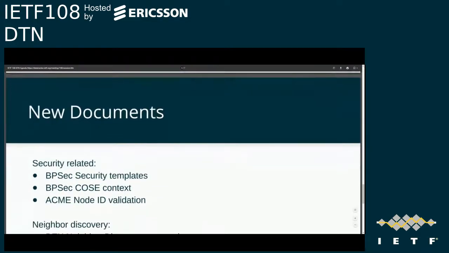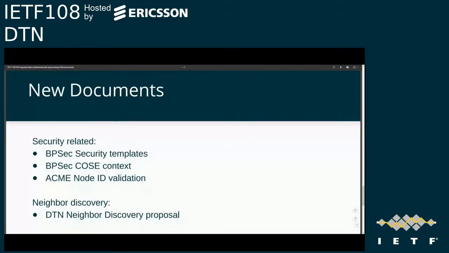I'm talking to myself. So we've also got some new documents or some new proposals for documents, which is great. Three of them are security related, which is good because security is hard and it needs to be done properly. So Ed has stepped in with a proposal for a standard format for a template for a security context. I'll let him speak in more depth, but as I understand it, this is his proposal for a bit of boilerplate to ensure that further security context documents